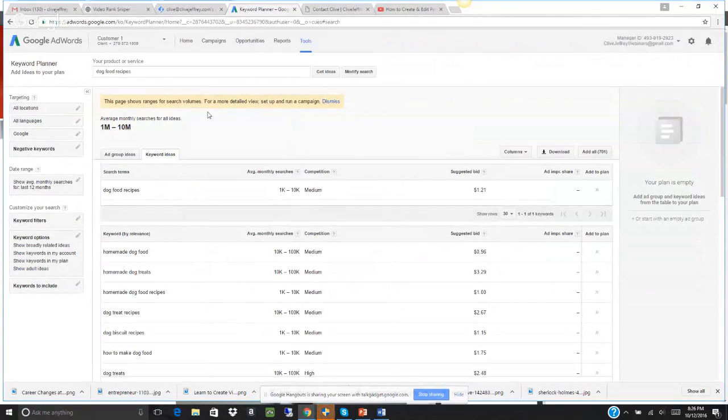Recently Google has done some changes to AdWords and how the keyword planner works. So we've been looking for a fix, and I supposedly found one today, but it hasn't quite worked for me. If you haven't got a keyword planner account, all you've got to do is go to Google, put in keyword planner and set up a free account.